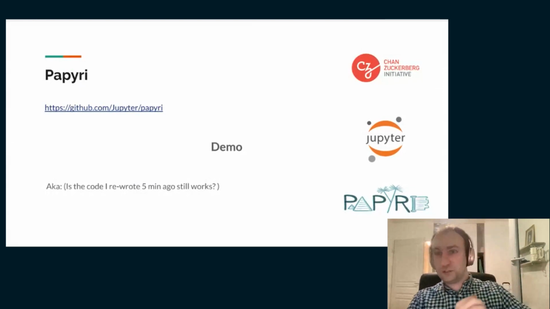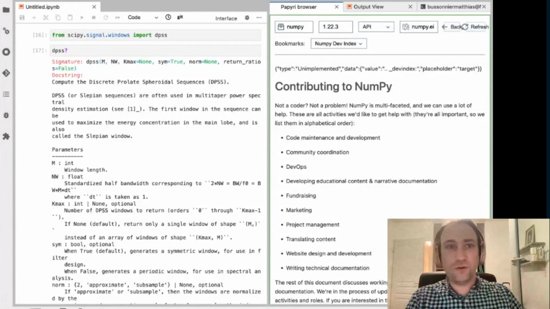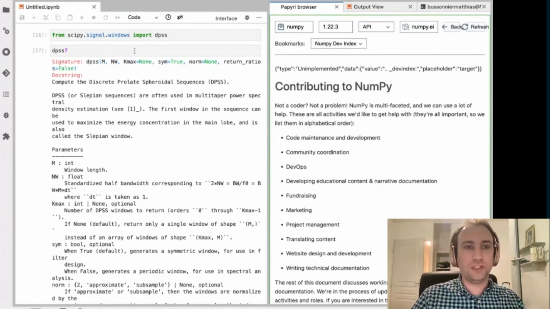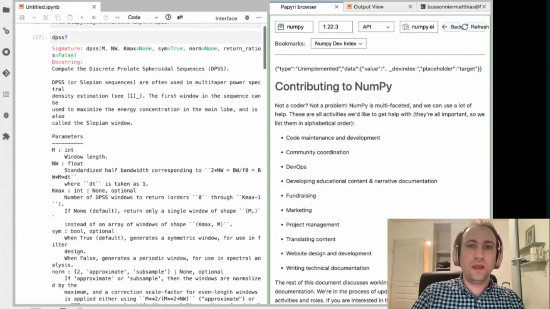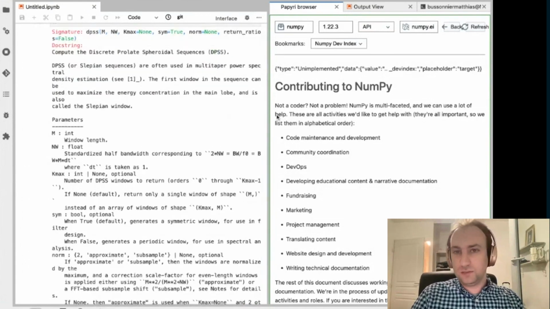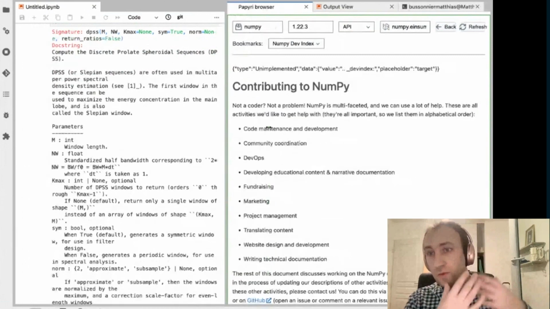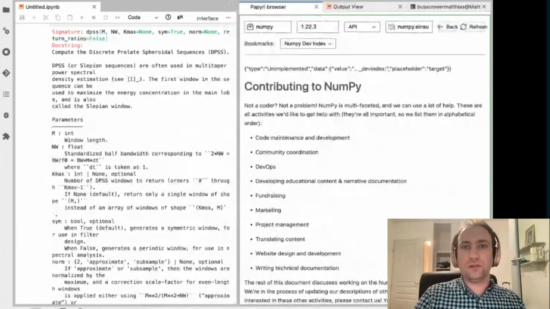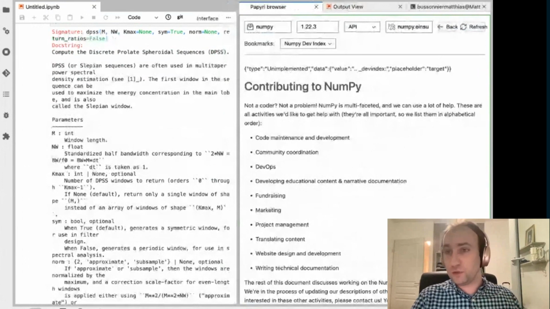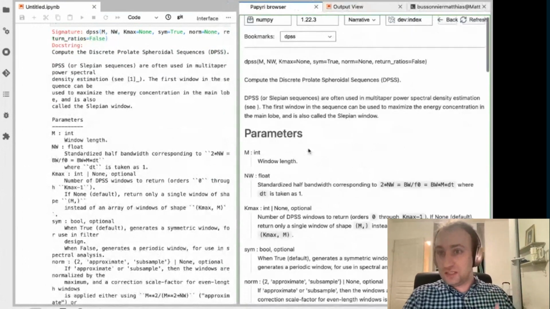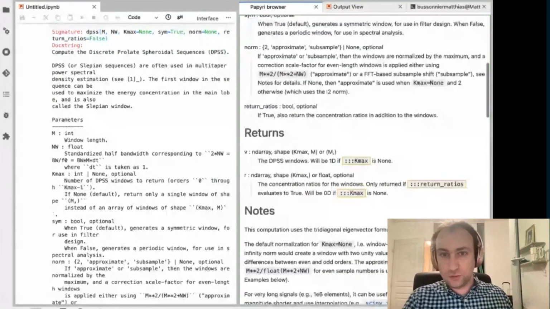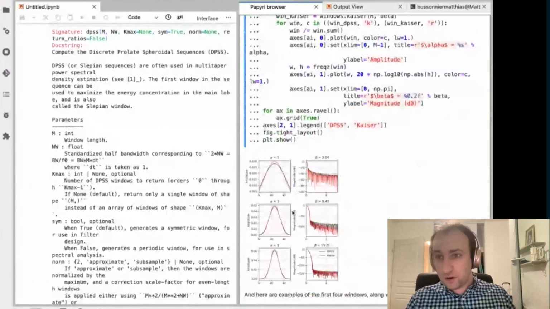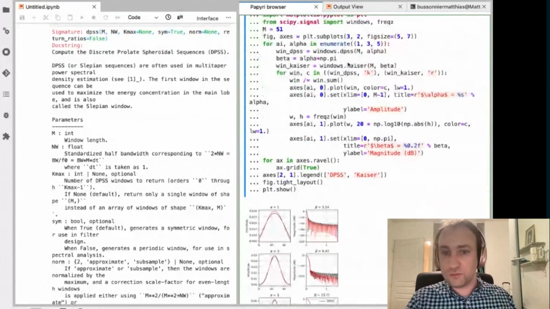So here I have a preset JupyterLab. In JupyterLab, I've imported the same function I talked about before, DPSS. And here I have the documentation as Jupyter is showing it. If we forget about the right side for the moment, you see that it's relatively ugly. What I've developed is an extension, a way of building documentation that would, on the side here, show the same documentation for DPSS. But not only is it well rendered, you also have all the graphs, all the plots that you want. All the examples are type inferred. So if I wanted to go to windows.kaiser, I should be able to click on it.